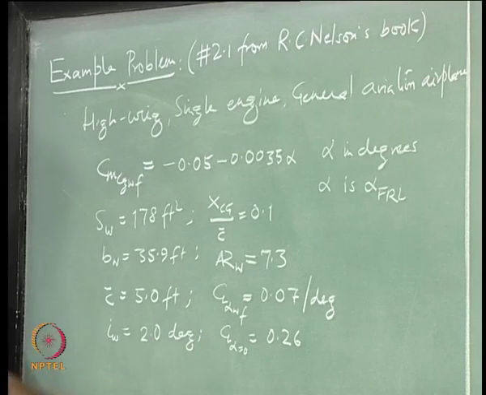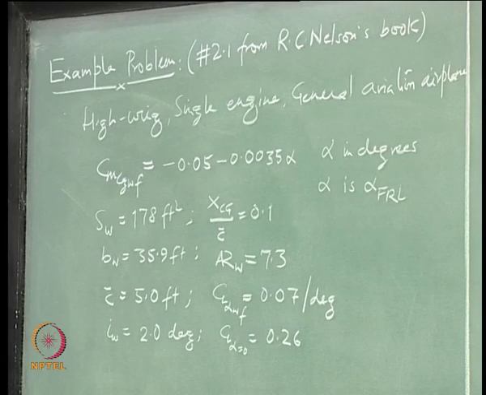CL at alpha 0 is 0.26, yeah, 0.26, which is for the positively cambered wing. Now, the problem is to estimate